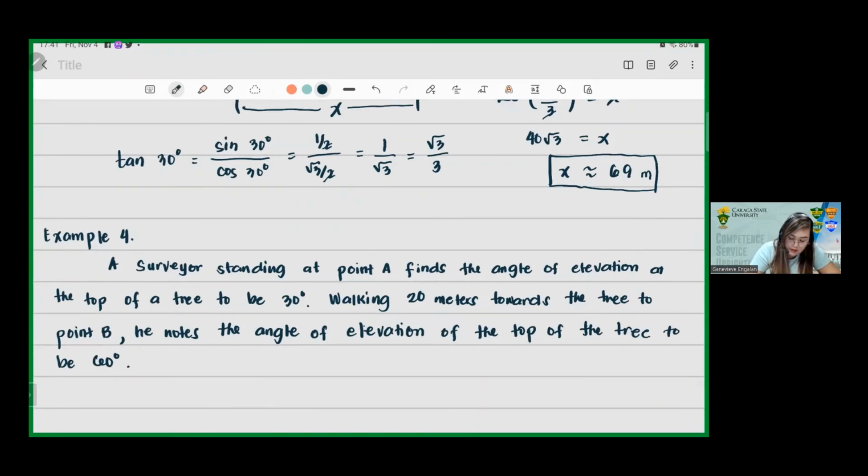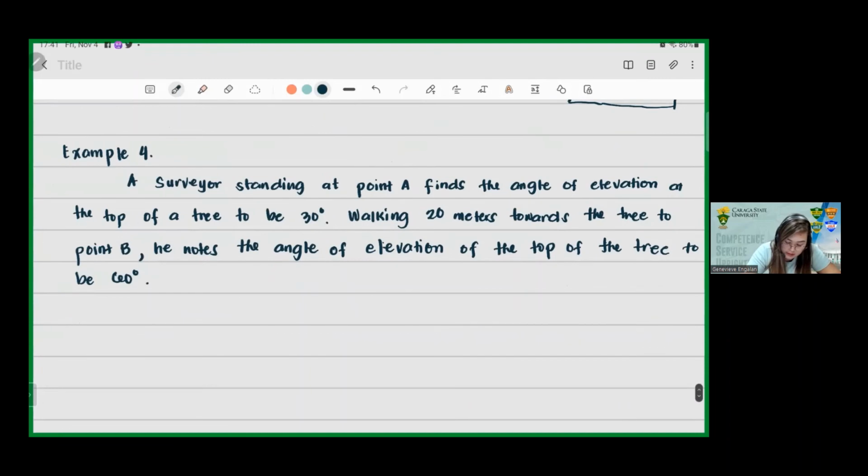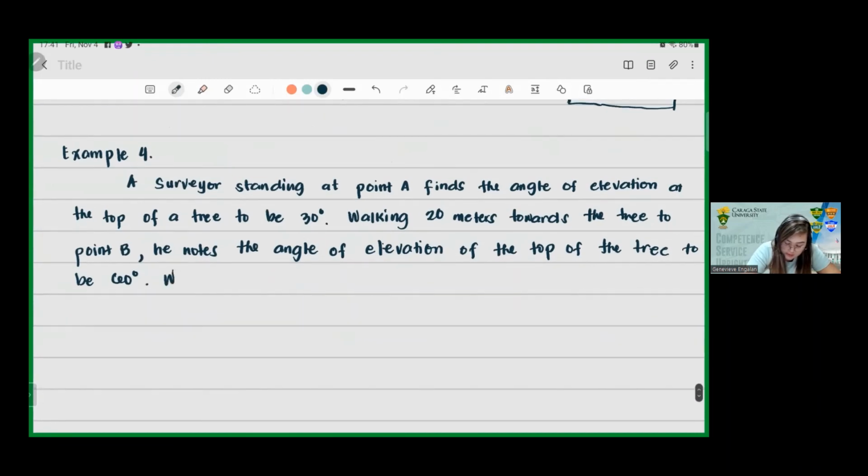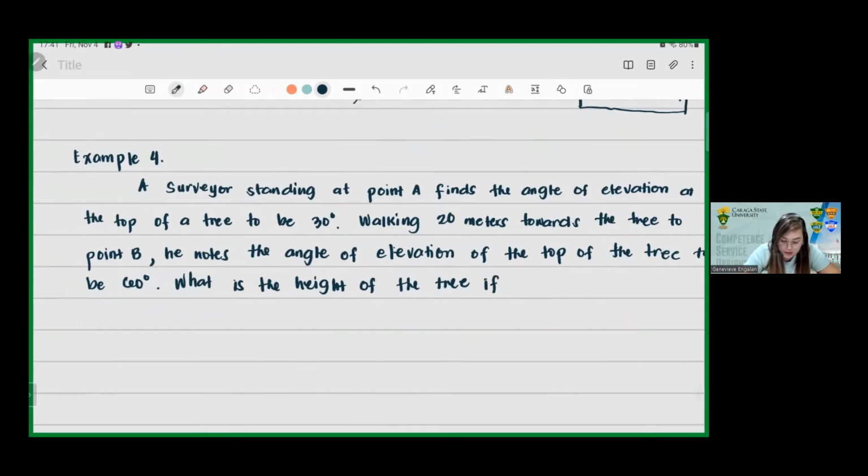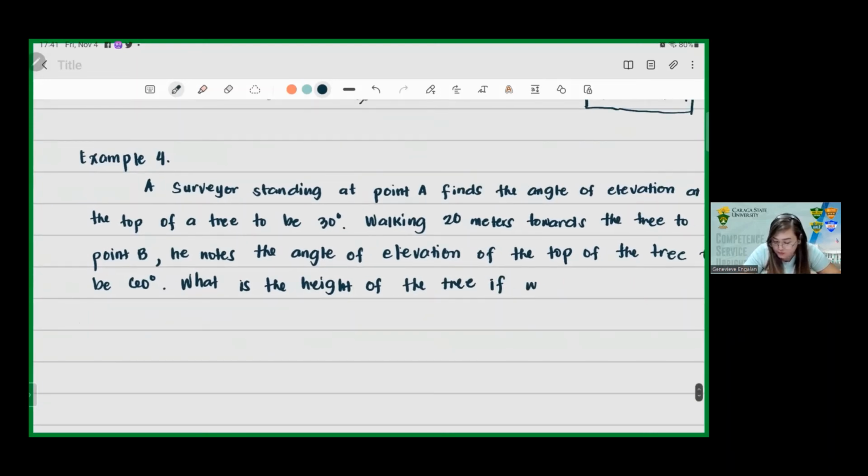So ang question is, what is the height of the tree? The height of the tree, if we assume that points A and B are